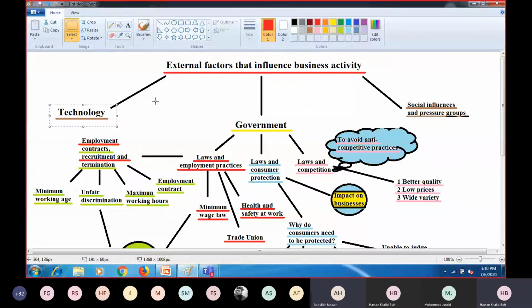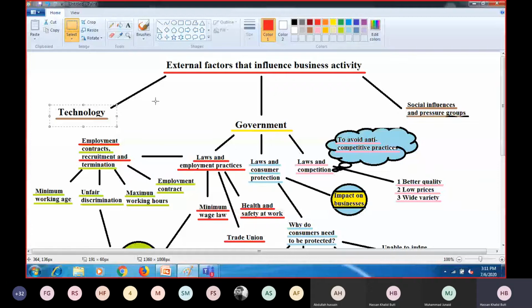Very good. It's quite simple. External factors do not exist inside the business. They are outside the business, and especially we call it, they are in the environment. Environment is basically where business operates, and they are not in the control of the business. It simply means business cannot control those factors. Business can just act accordingly.